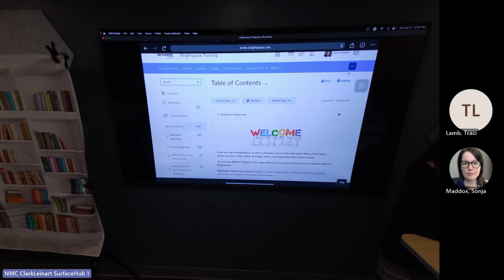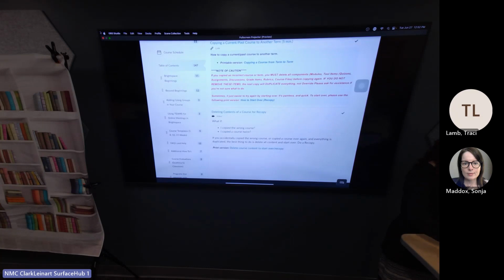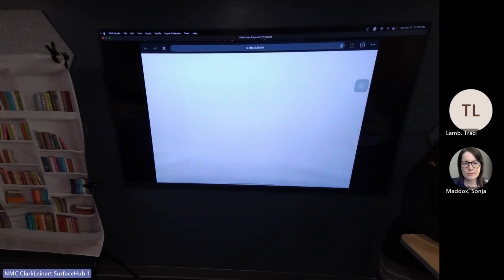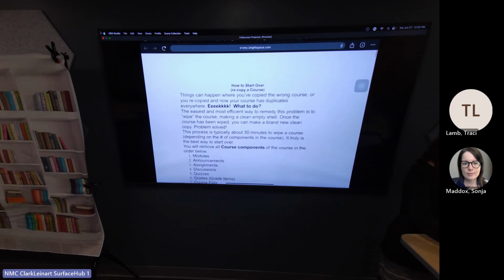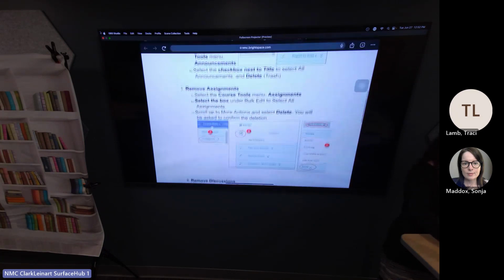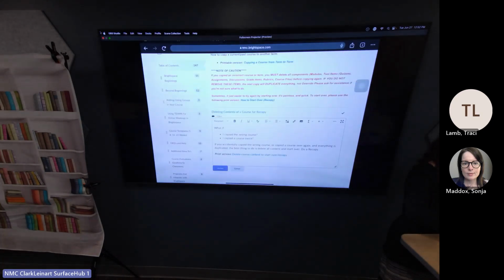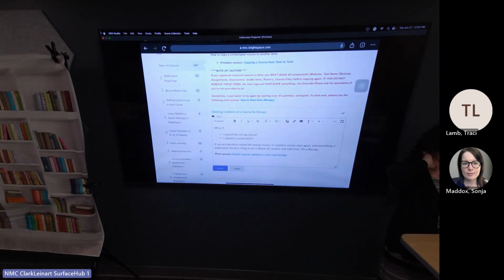In the search bar, you can just type delete, and there is both a video on how to delete all the course content and a PDF that walks through the steps of all the pieces that you need to go in and delete. But yes, mental note, I will put that. It's like a never event. You don't want to have to delete everything and start over, but it could happen, especially if you're teaching multiple sections and you've put it in the wrong place or moved it to the wrong section. It's not the end of the world.